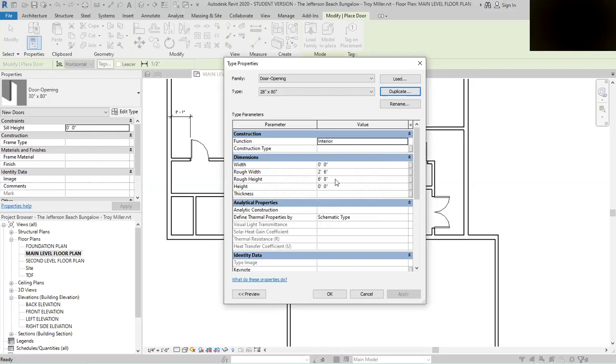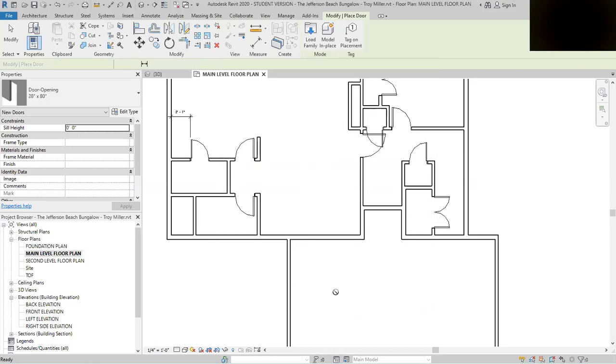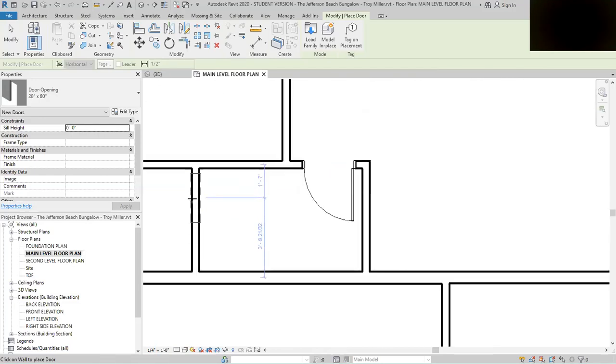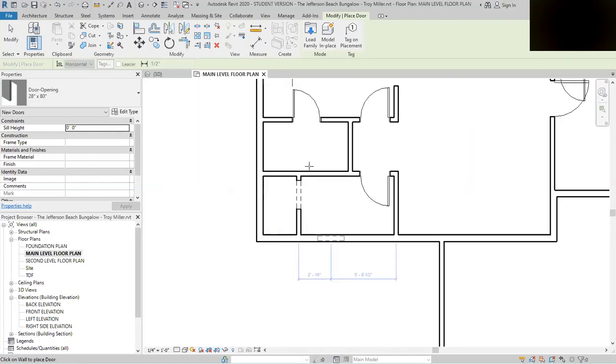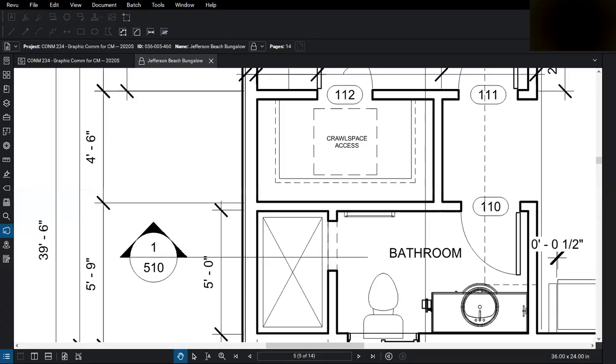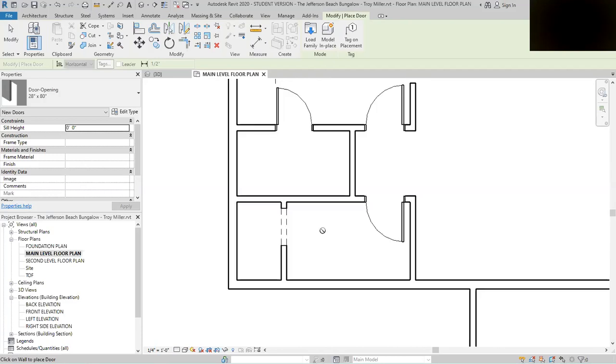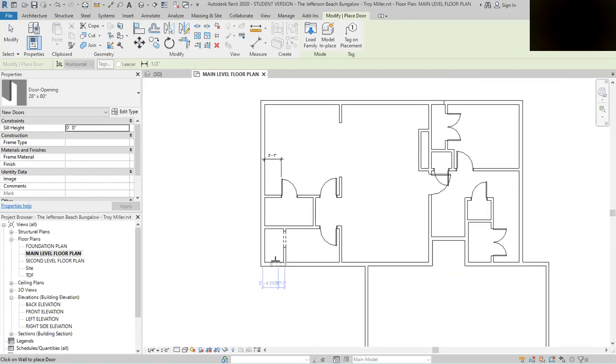So make it the right name. And then my rough width will be 28 inches or 2 foot 4 inches. Going to go ahead and say okay. And then again, that has to be hosted by a wall. So I'm going to go ahead and just place that. And so you can see that that opening looks very similar to what we have on the actual drawing. Okay,